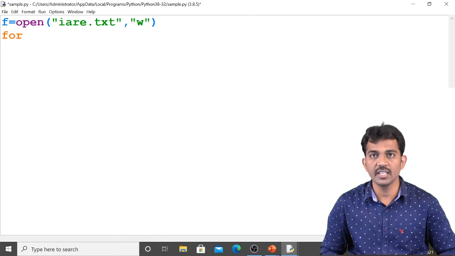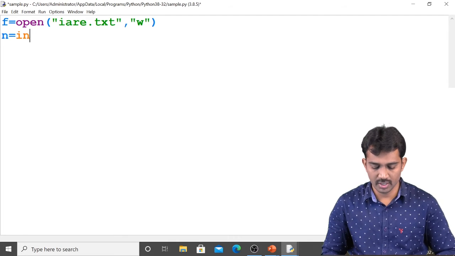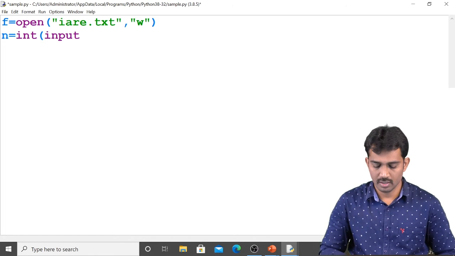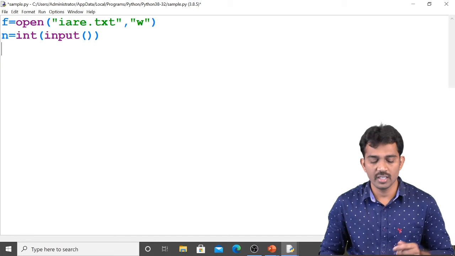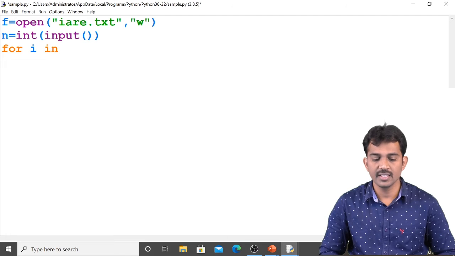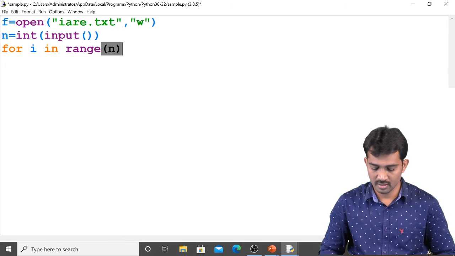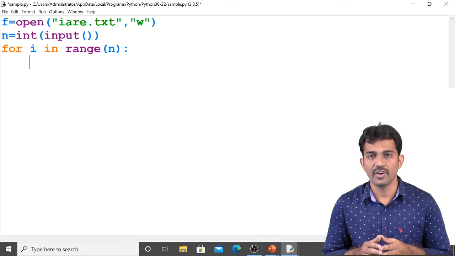first I need to generate the number from 1 to n, right? First I need to read the n value. n equal to int of input, right? After that, you just write a for loop for i in range of n. Each time I'm getting one by one number from the for loop.